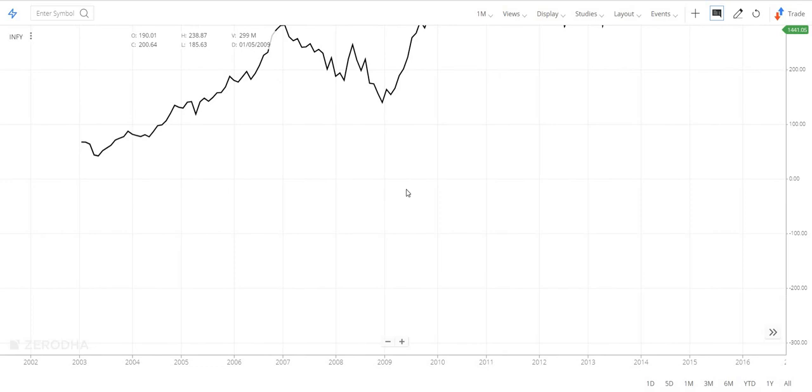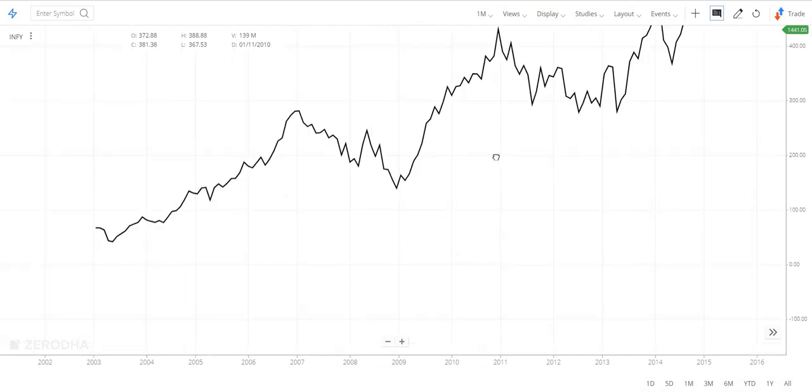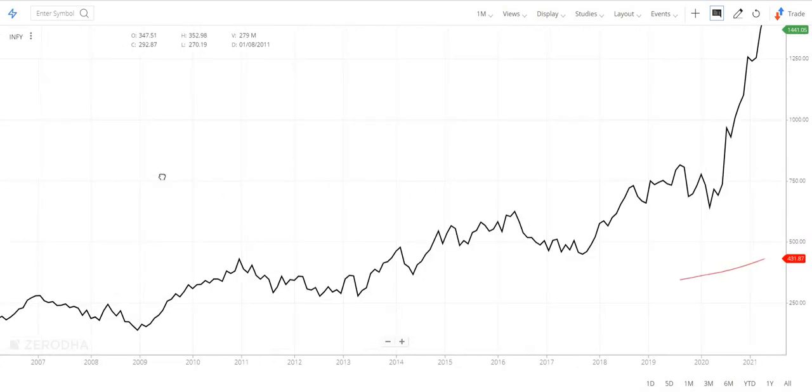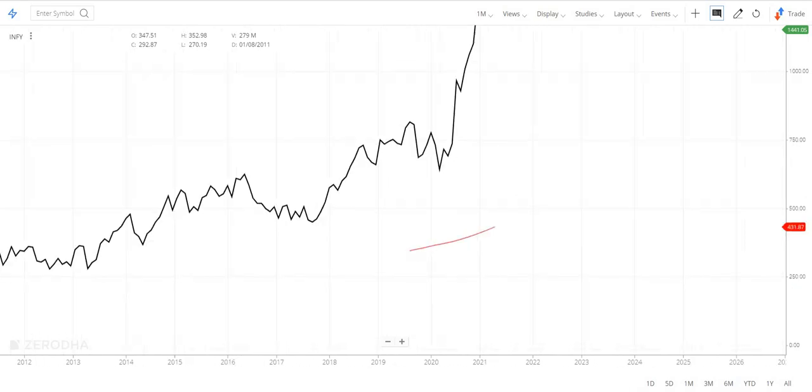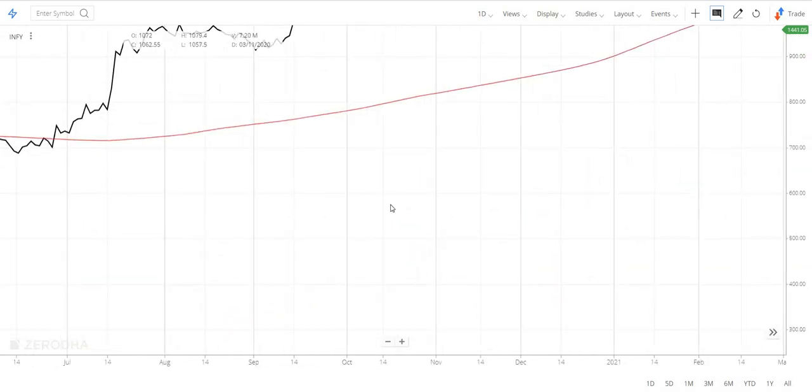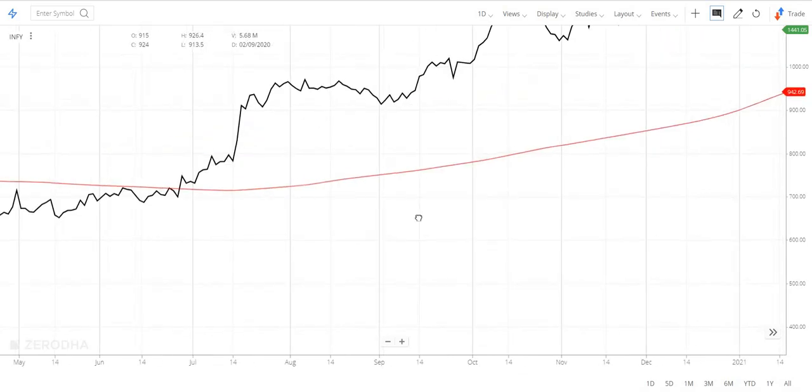The chart is taking a little time to load because we have changed it suddenly from daily to monthly. Zerodha is not the platform where, now look, as we came to the monthly chart, it is only showing this small line. So I think we should use the daily chart only. It is better. So obviously, as you move to the longer time frame and to the bigger moving averages, the buy and sell calls or signals will definitely be fewer compared to the smaller time frame and the smaller SMAs.